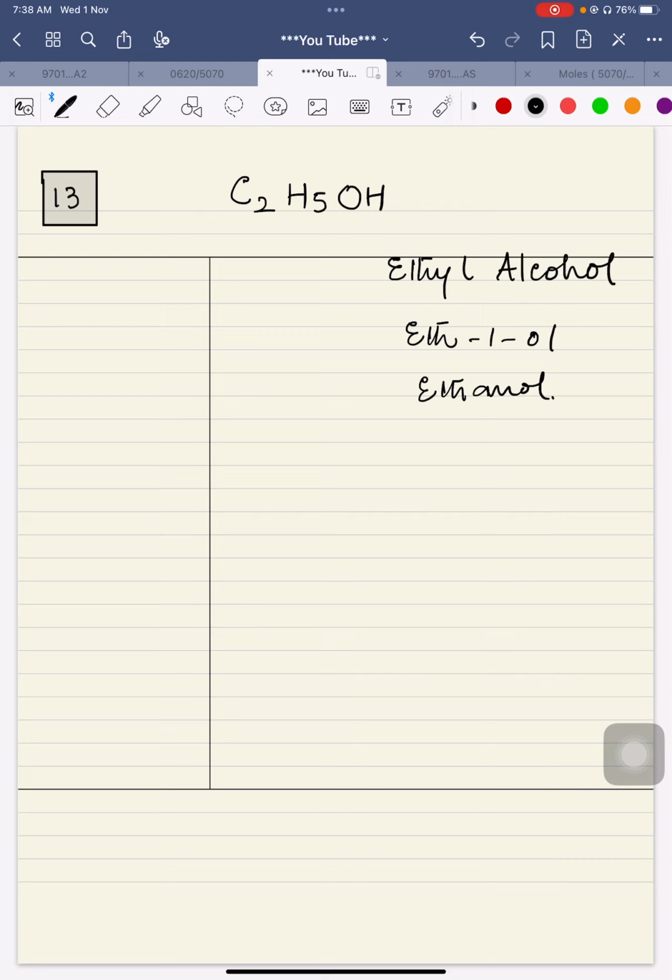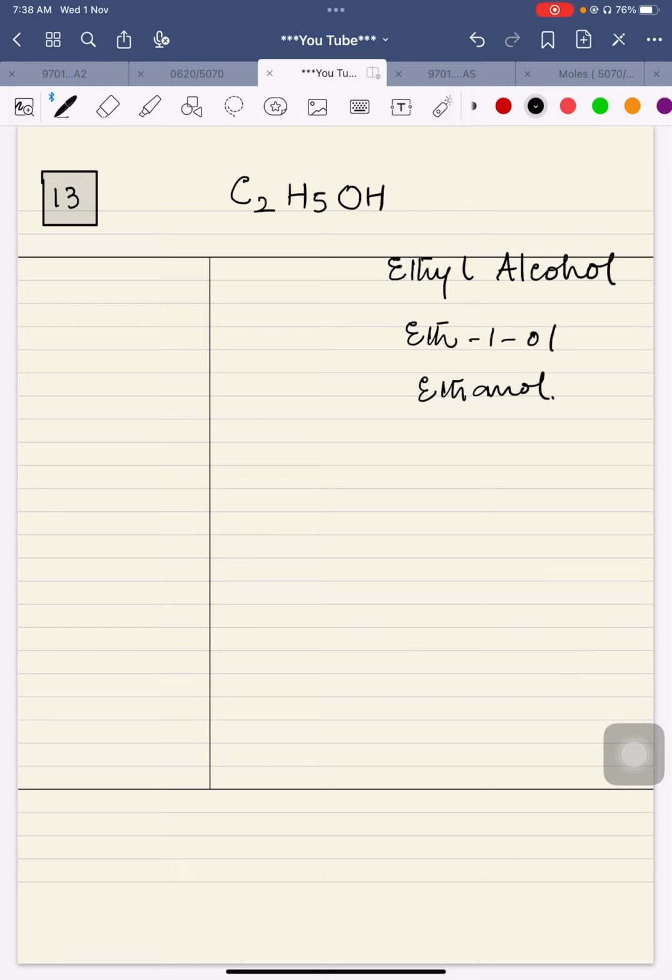Do we need to keep all these three in our mind? It is better to keep all these three in your mind right now from the earlier stages. Otherwise, one name can be enough as well. Maybe the examiner will not write down the name for you regarding bonding, but when you appear for your Cambridge, definitely the complete syllabus will be in consideration. So definitely a student who has studied organic chemistry should know all these three names.